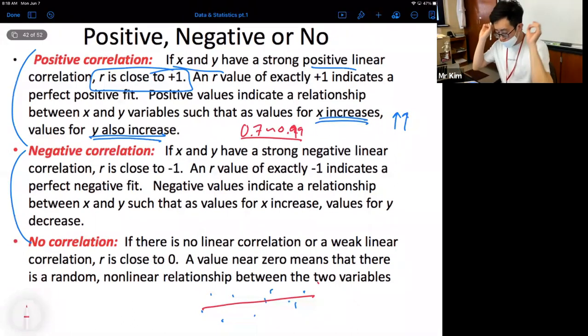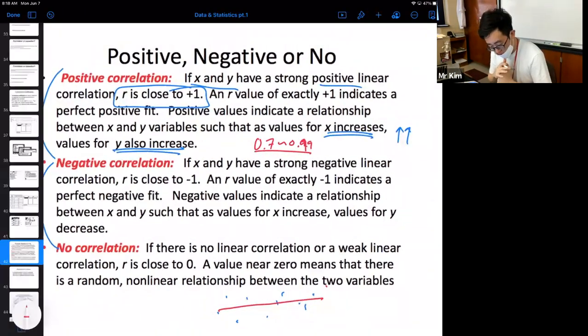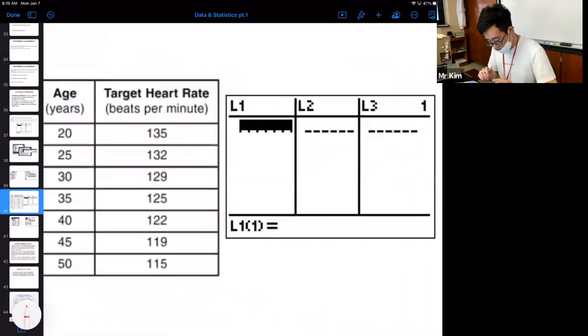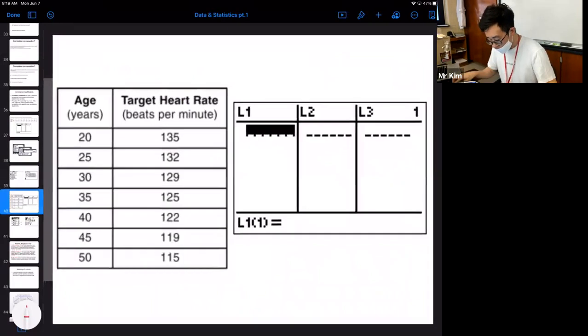I know that I've thrown a lot of this calculator stuff at you, and I went through it from cover to cover. For the negative correlation question, I would like you to try this on your own here, and I'm going to come around and make sure you're all doing okay. Obviously, for negative correlation, R is going to be close to -1. So we're going to take a look at that. I'm going to go back to the slide in a moment so that you can copy this down. But here is what I would like you to do.